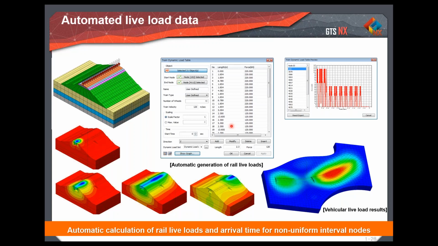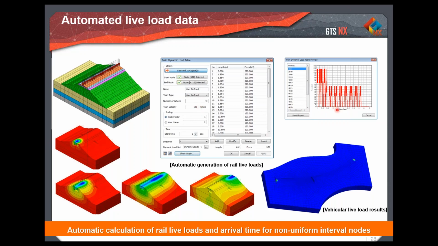So in order to generate time history data for this particular kind of train load, we need data regarding your train and data regarding your velocity as well. And using this data to develop this particular graph would be very tedious for an engineer. So what GTS NX has given is an option, the train dynamic load wizard. Just provide your time, train velocity and type of your train, and GTS NX will be